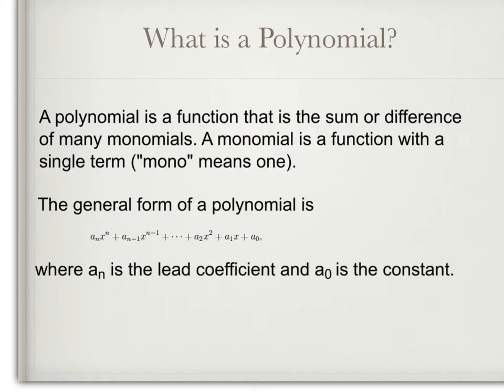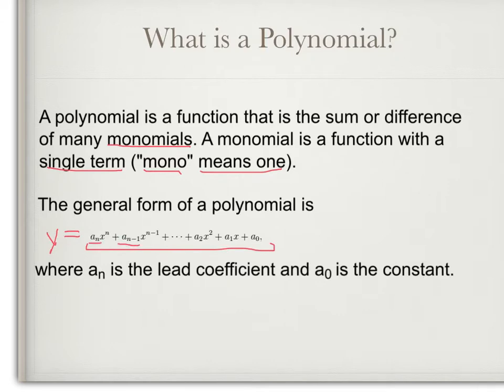Before we begin graphing polynomials, we need to know what a polynomial is. A polynomial is a function that is the sum or difference of many monomials. A monomial is a function with a single term, because the prefix mono means one. The general form of a polynomial is y equals, or f of x equals, this equation here, a sub n